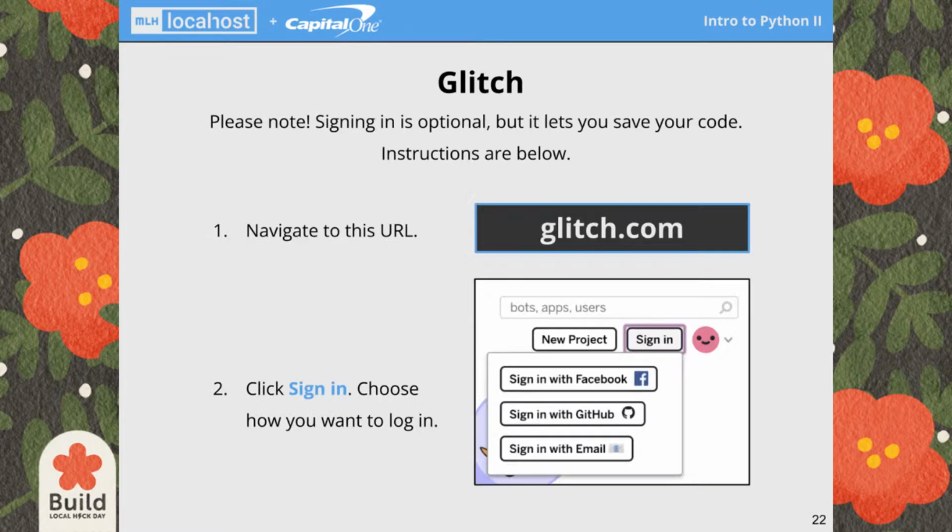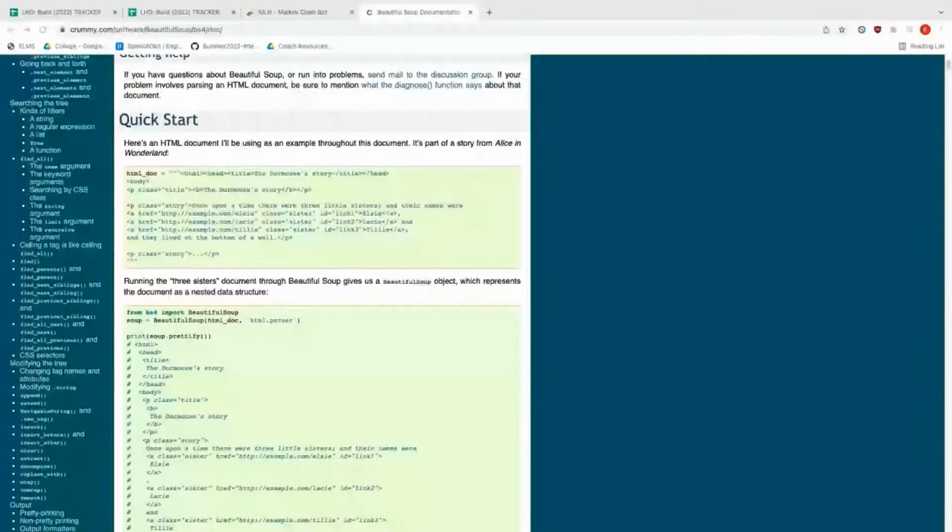Let's explore the code. I'm going to switch back over to this, so I can get my slides open to make sure that I can follow along here. Cool. So we're going to head over to glitch.com.